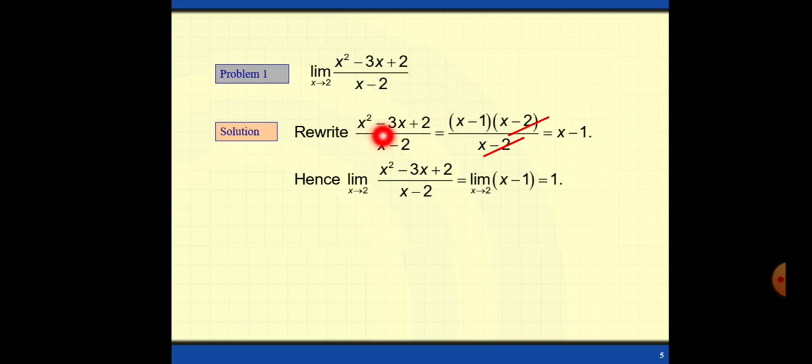Now you can factorize x squared minus 3x plus 2 to be x minus 1 times x minus 2. Now you can delete x minus 2, and your final answer is the limit of x minus 1. You can substitute x equals 2 because x approaches 2, so the final answer is 1 after direct substitution. Another example,